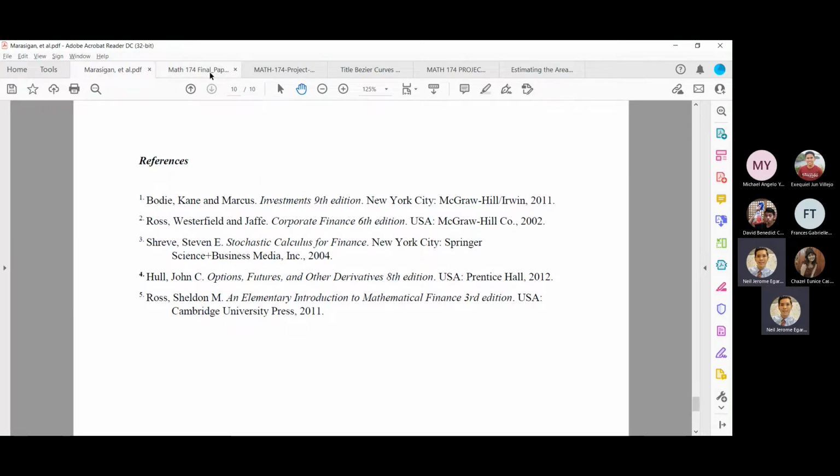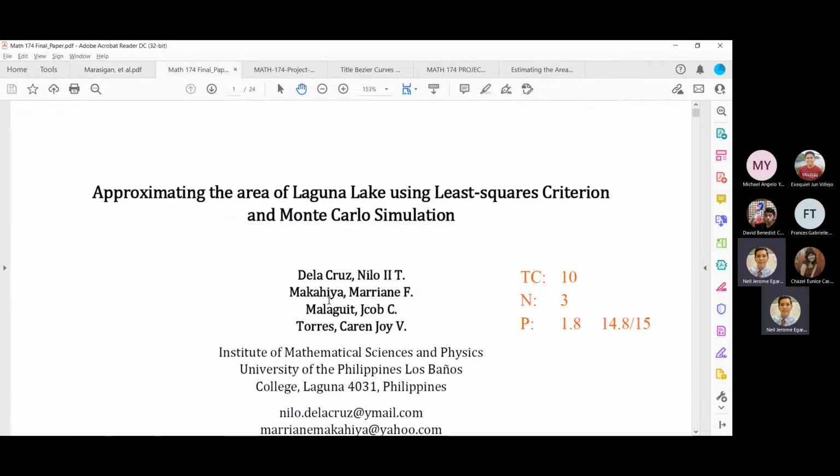Right. Another problem, talagang hinanap ko yung project ng mga lab instructors nyo. So si Sir Jacob, naging estudyante ko rin back in the day. Tapos ang ginawa nila ay approximating the area of Laguna Lake using least squares criterion and Monte Carlo simulation. So